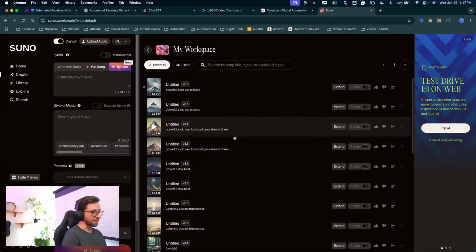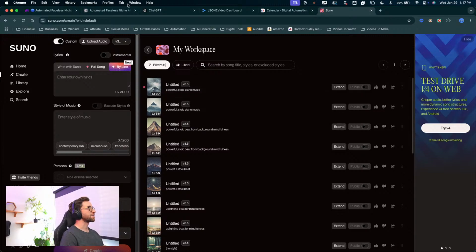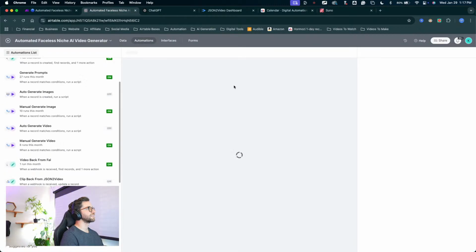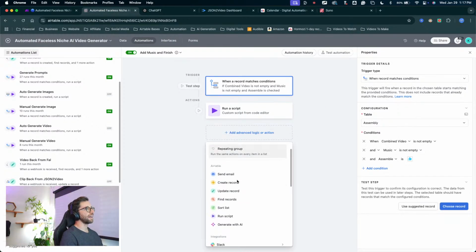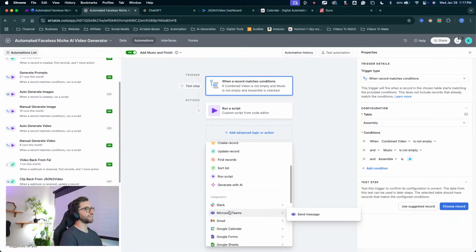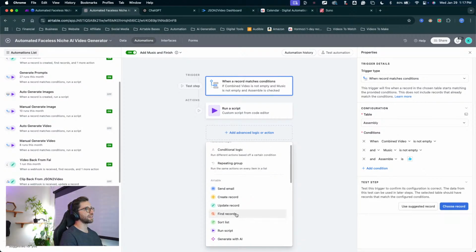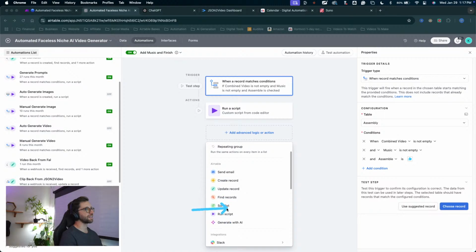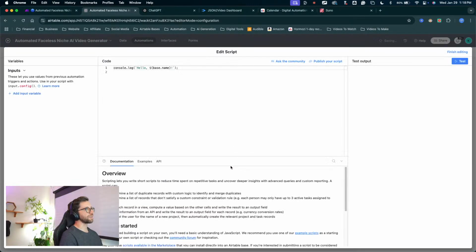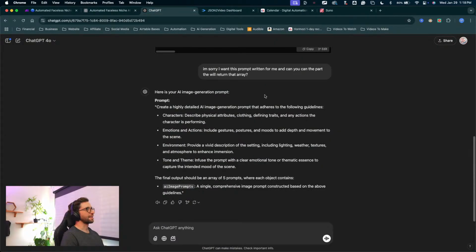There's a built-in delay in the when a record matches conditions. So you can add a timer in here, but Airtable doesn't have a built-in timer action. You can create a timer in the script. And running scripts in Airtable, creating scripts, all the scripts I learned and wrote, essentially ChatGPT did for me. So that is a pro tip for writing scripts in Airtable. Just say,